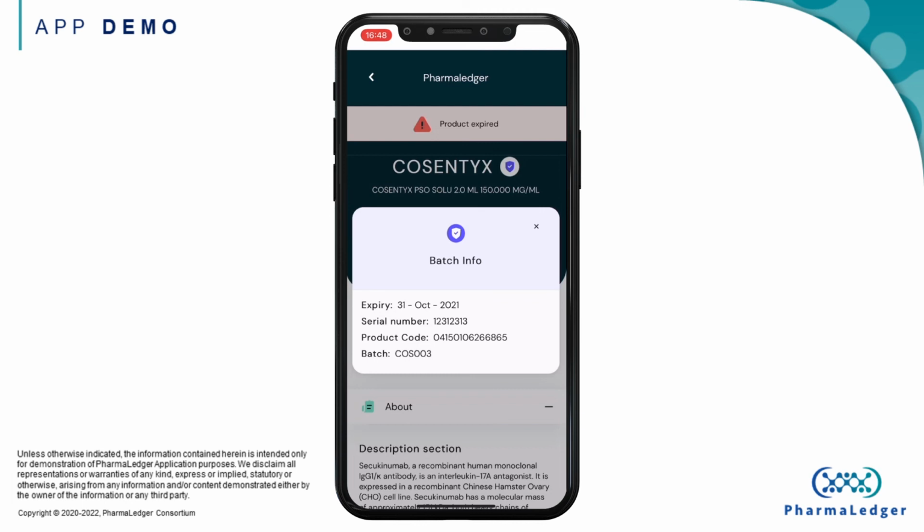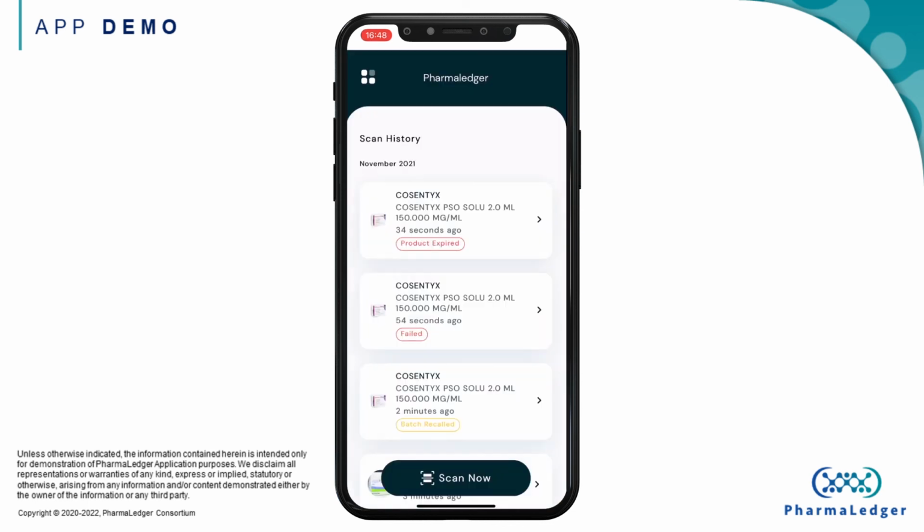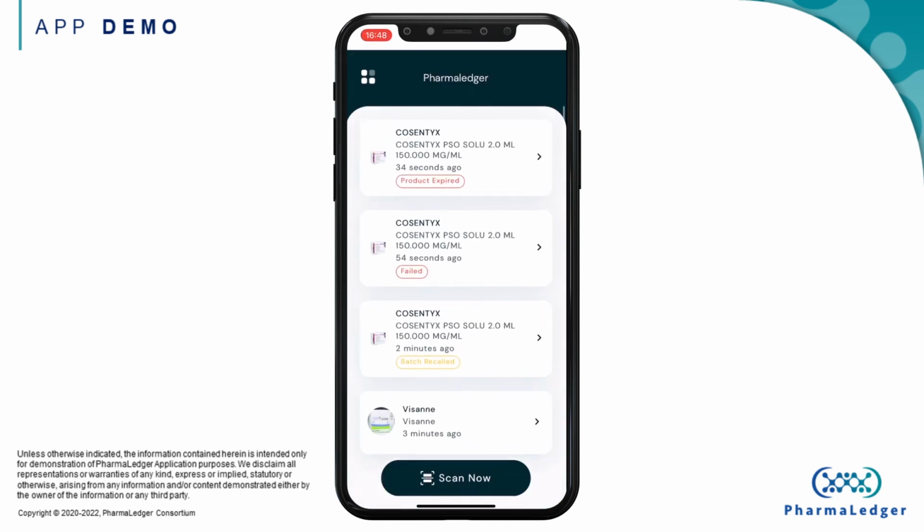Going back, we see our scanning history. With this scan history, I see all my medicine information on one screen, including the status. To add another product, I just need to continue my scanning. We hope you got a good first impression how the new app looks like, and you see the value we provide to patients and healthcare professionals. And this was only a part of the functionality and the new design we have implemented this year.